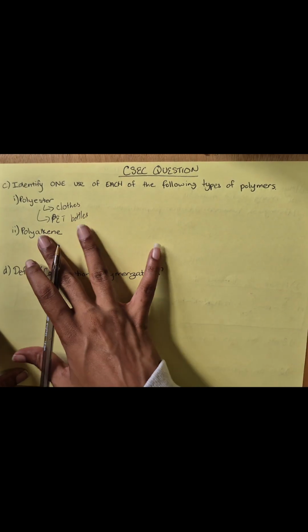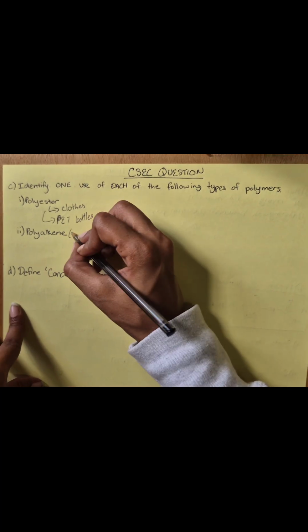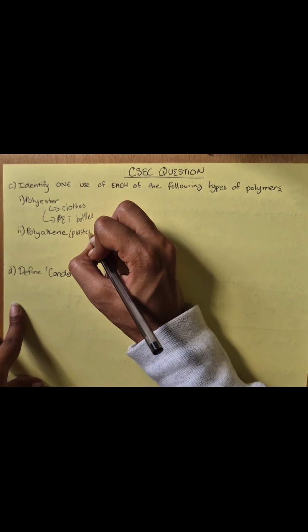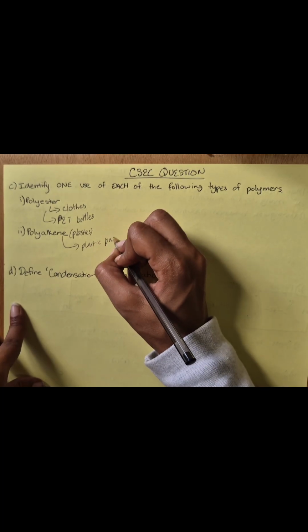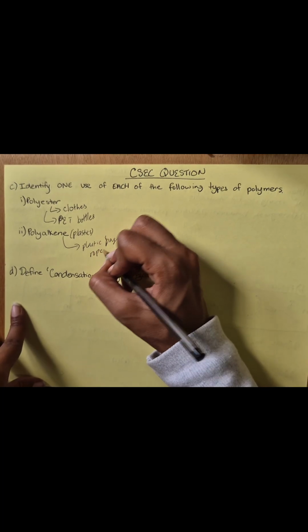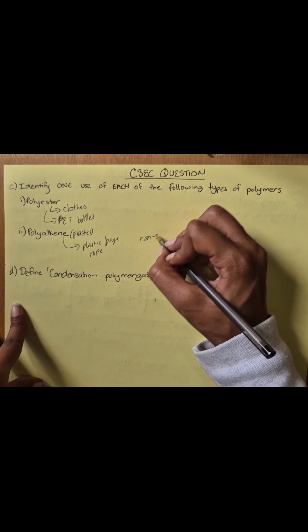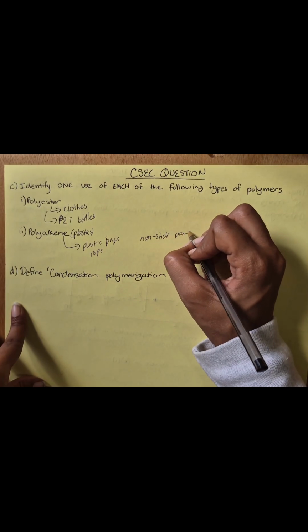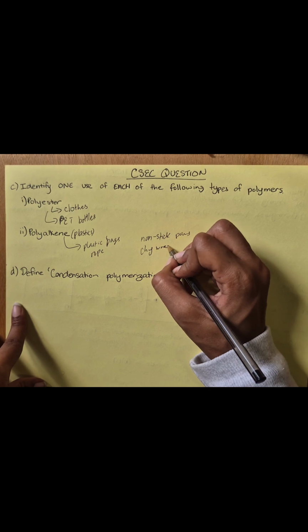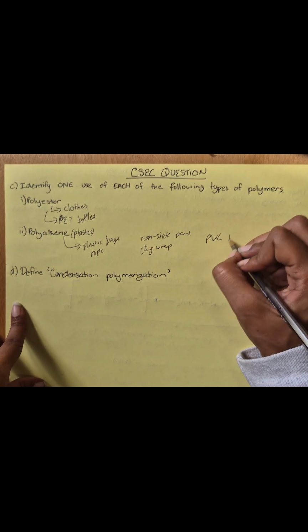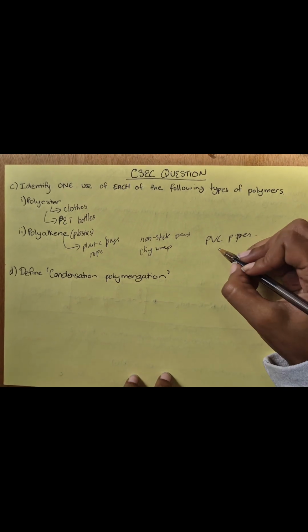Polyalkenes, this is really vague for CXC to say. So you have any options of any plastic. You just need to say any plastics. So we could say plastic bags. You could say rope. You could say non-stick pans, you could say cling wrap, you could say PVC pipes, all the things, okay? Anything plastic related, styrofoam,